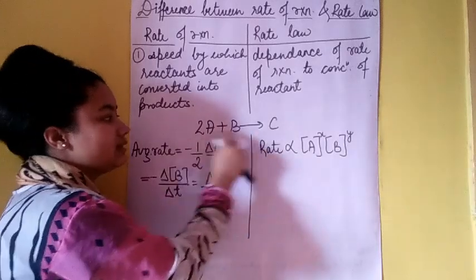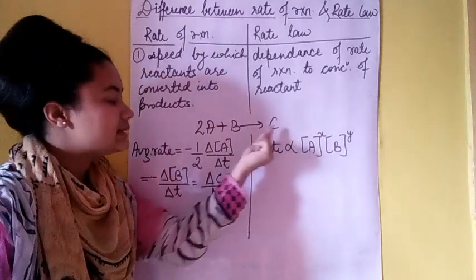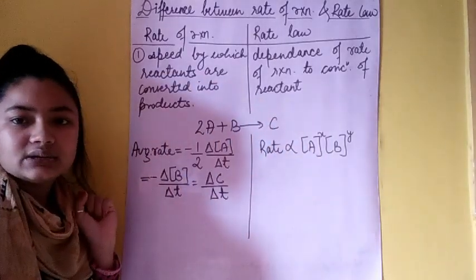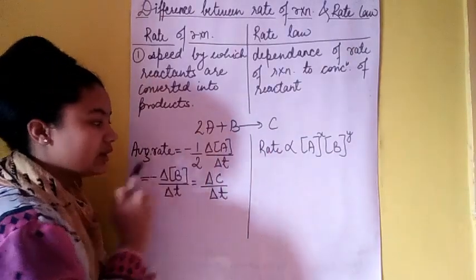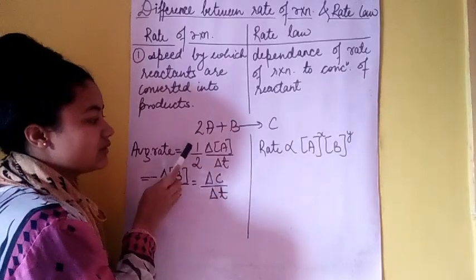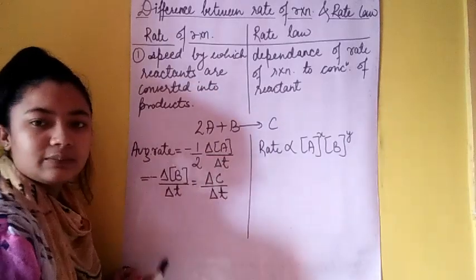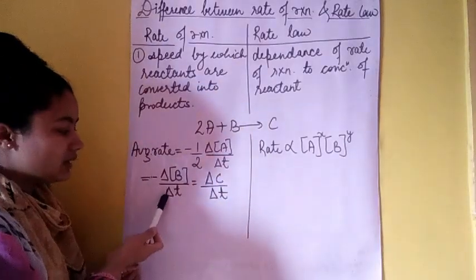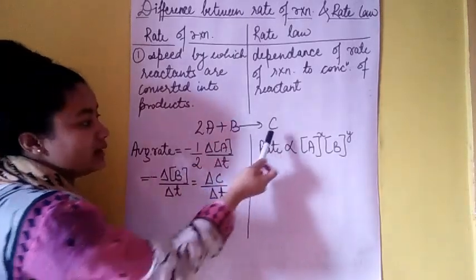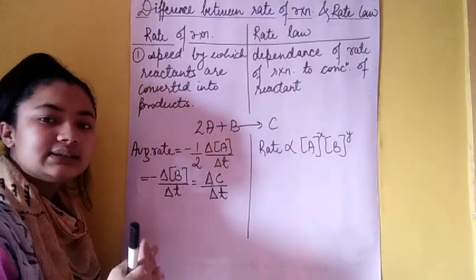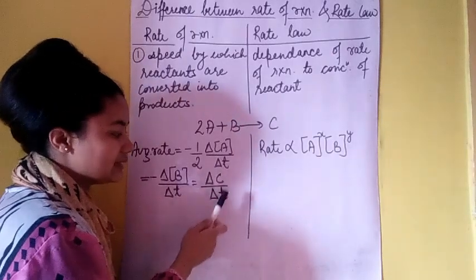Now, what do we do for a standard calculation? To standardize this, we take 1 as the standard for all these concentrations. So whatever the stoichiometric coefficient is, we put it in the denominator. Here it is 2, so we multiply by 1 by 2 into the change in concentration of A with respect to time, and here is a minus sign. Same for B. B is also a reactant, so minus with the concentration of B per unit time. C is the product formed, its concentration is increasing, so plus delta C by delta t.